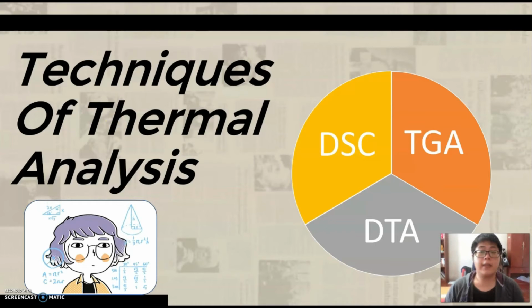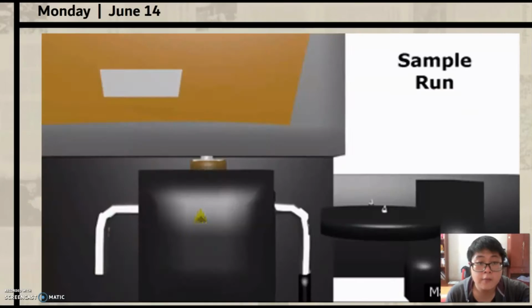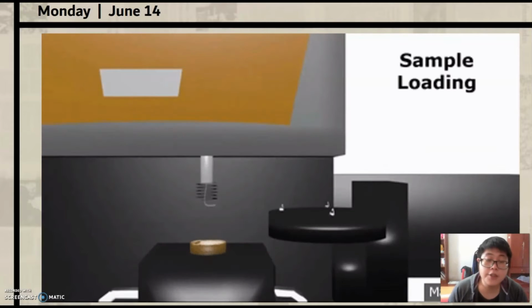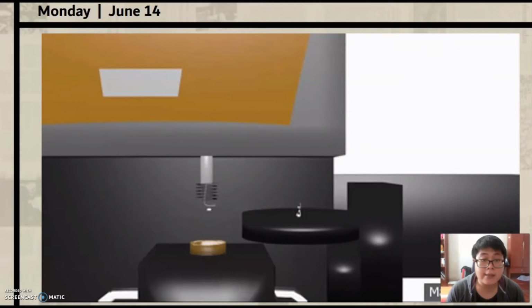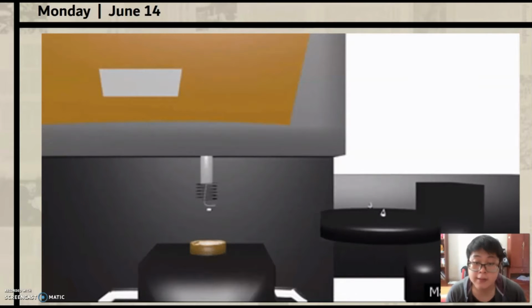Among the techniques of thermal analysis, there are DSC, differential scanning calorimetry, DTA, differential thermal analysis, and TGA, thermal gravimetry analysis. I will be presenting TGA and the rest will be presented by Nuzul. Let's continue. In TGA, we'll be using a thermal gravimetry analyzer as equipment for the users to get the